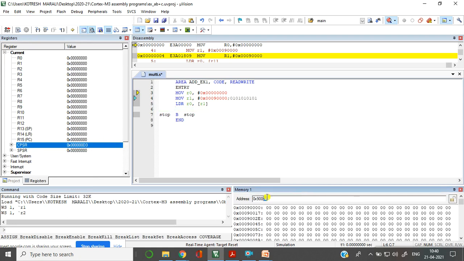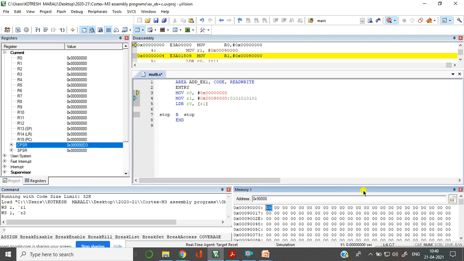If it is there by default, it is well and good, or else you need to get to that particular address location, that is 9000. Now I came here. In class many times I told you, each memory location is only 8 bits wide, which means it stores 1 byte of data, right?